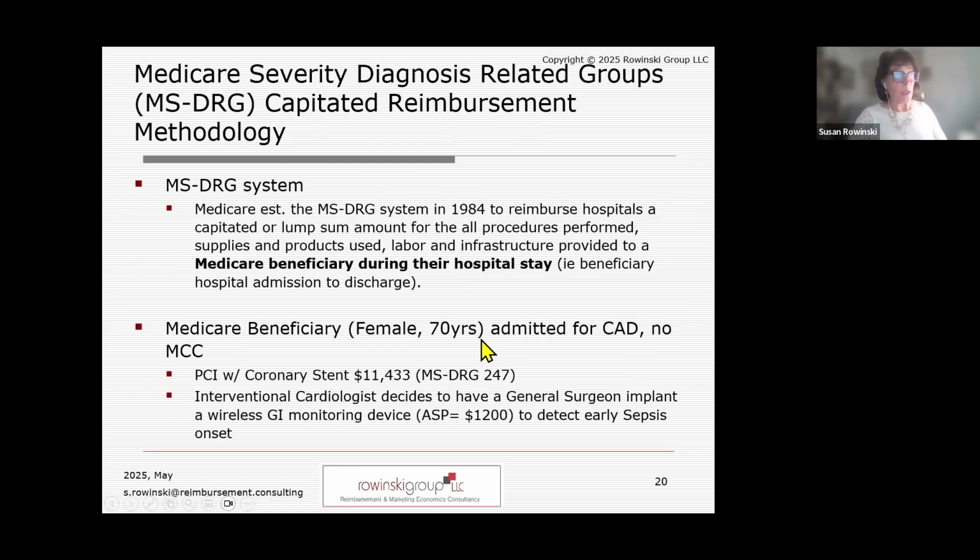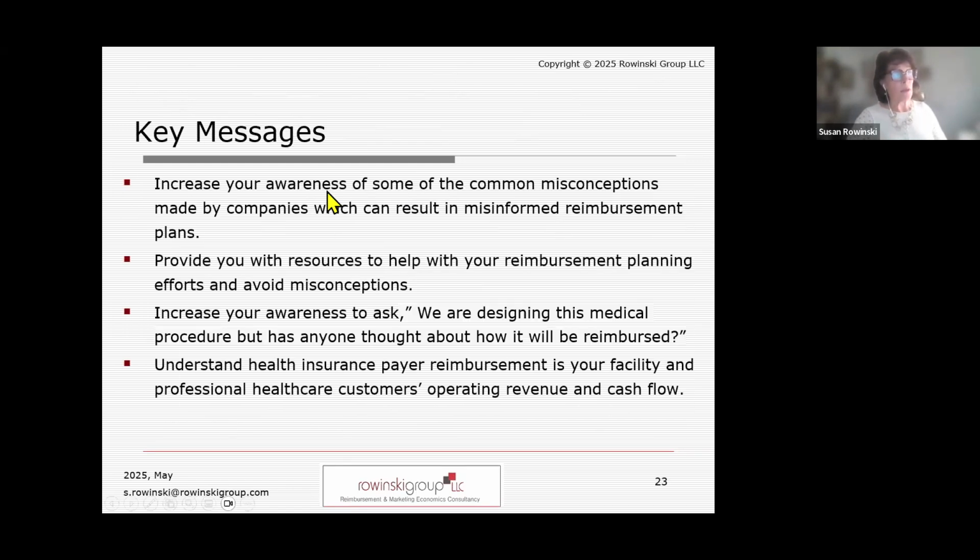So as we wrap up here, once again, going back and looking at the messages from today, I hope in the short time that we have had together, I've increased your awareness of some of the very common misconceptions made by companies. Because of these misconceptions, companies are misinformed as relates to their reimbursement planning. Early on, I provided you some resources to help you with your planning and hopefully avoid at least these two misconceptions that we have shared. In terms of the third key message, I hope all of you who are developing medical procedures, in the process of developing them, someone asks, how is it going to be reimbursed? And then finally,